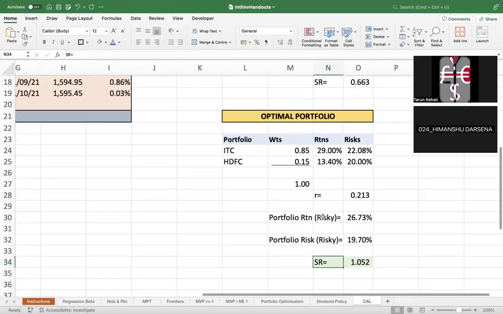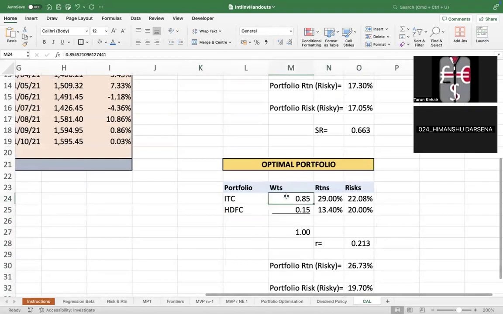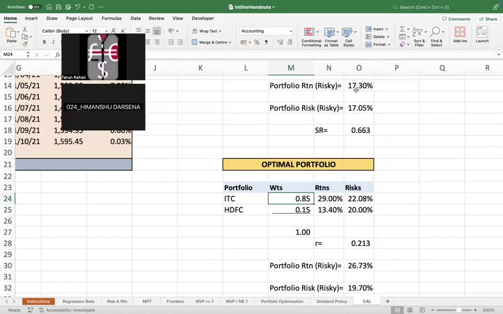And it tells you that put 85% of your money in ITC, 15% of your money in HDFC, and you will have the maximum Sharpe's ratio. ठीक है ना? So we can also create a data table here